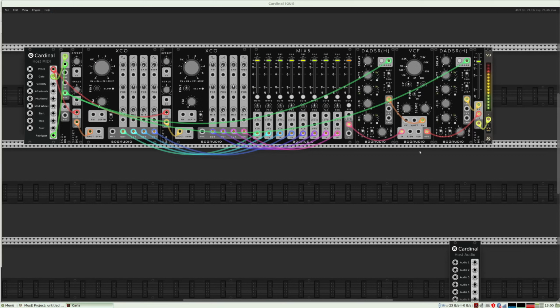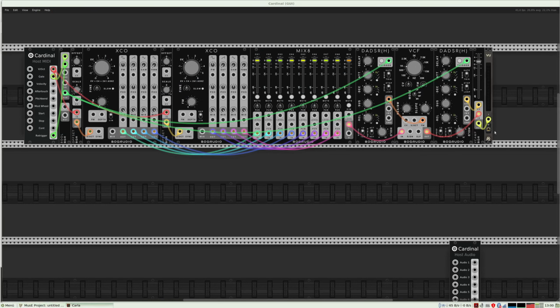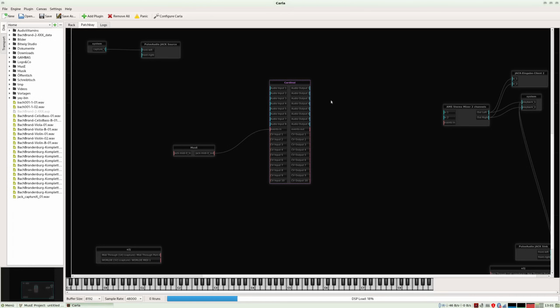I will connect this output here first to this output of Cardinal to set the first synthesizer. So stop it here. I have now my headphones on, so I can listen to what is being played and connect it here and there. Go to Kala, connect this one to this mixer.